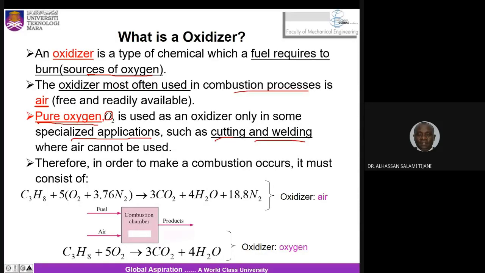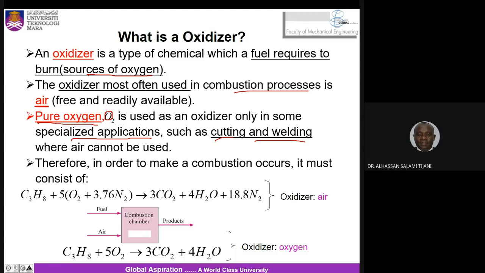Now, normally they burn the oxygen with the fuel. There is a special oxygen which is stored in the cylinder, which is eventually used for the cutting of the metal pieces in the welding industry. Okay, and then also